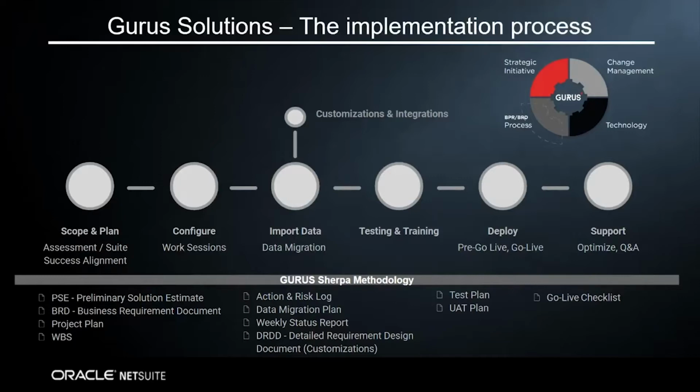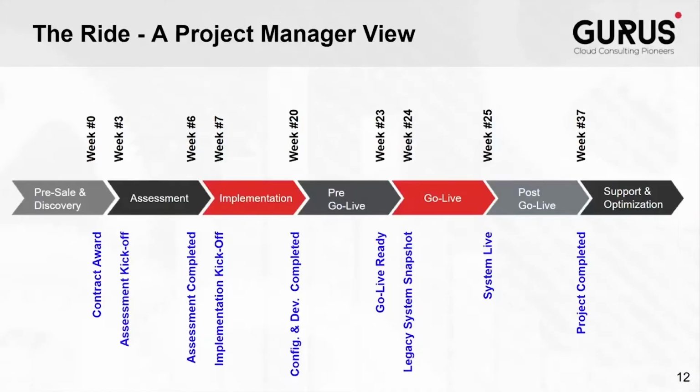Importantly, there are different ways of looking at a project as it progresses. For instance, a project manager would likely prefer to look at the schedule of a project as a critical path that begins with pre-sale and discovery, progresses in the assessment, and then the implementation of NetSuite based on requirements. Then at Gurus, we conduct a pre-go live and go live preparation to bring your team onto NetSuite. Thereafter, we typically support you for the first period or quarter end closing process, and finally, move towards other initiatives that your organization and our team have outlined together as the project progressed in future support and optimization phases. This is the ride from a project manager's view of schedule and completion of deliverables.